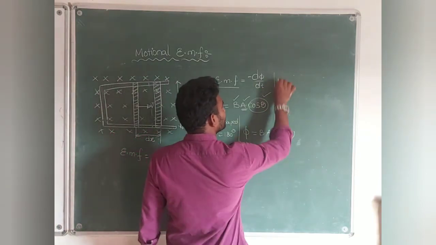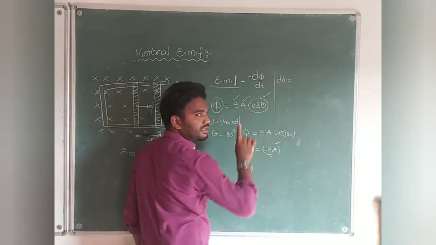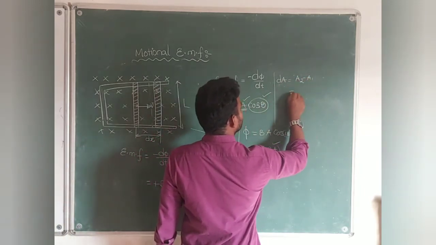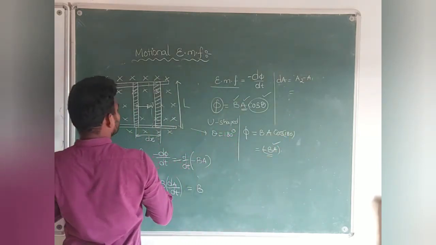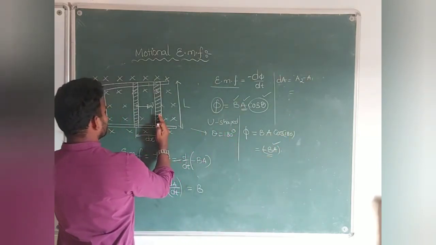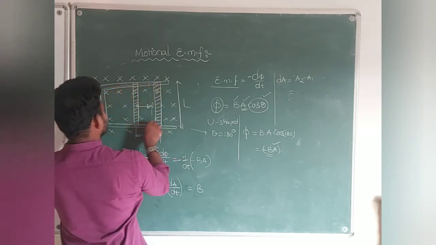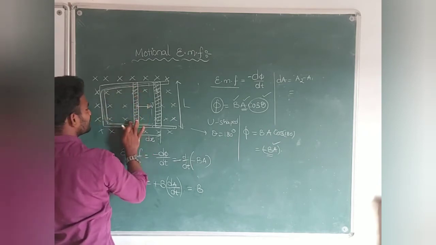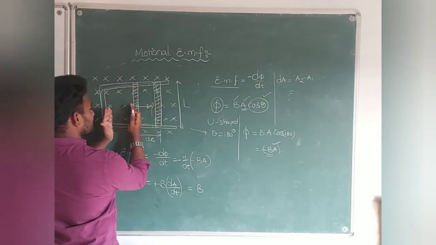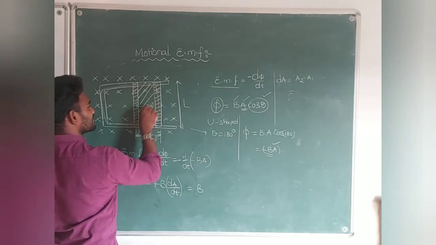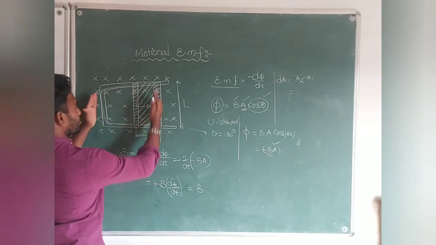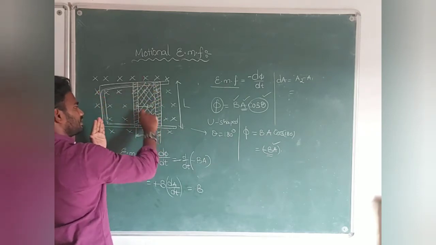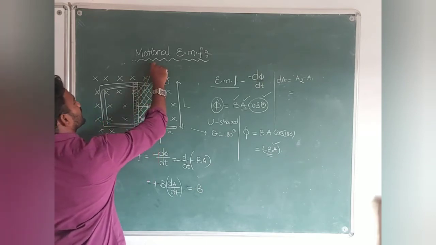What do you mean by dA actually? I will write here, students. dA means change in area. Change in area means final area minus initial area. So what is the final area here? This big area is the final area. Initial area is this small area. If you subtract this area, you will get the change in area. Guys, I hope you understand. Total area minus initial area gives the change in area. This dotted part will give the change in area. This part is called dA.